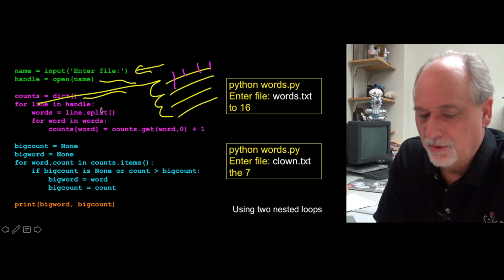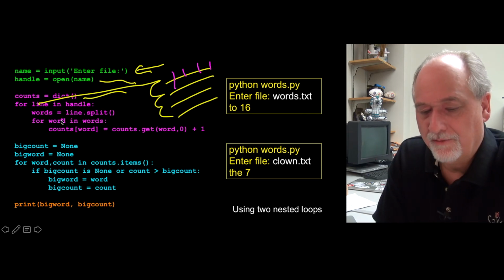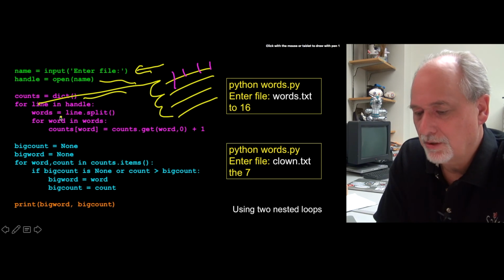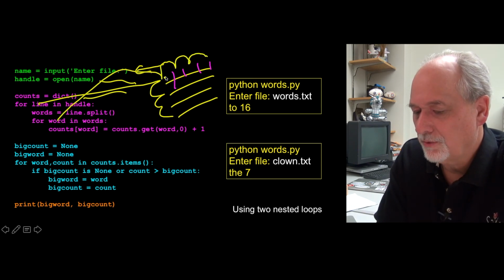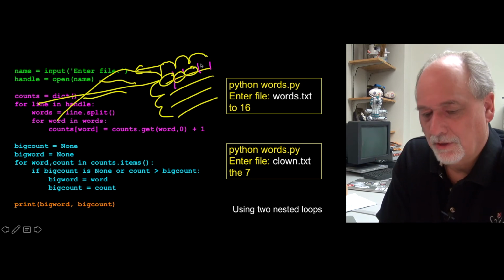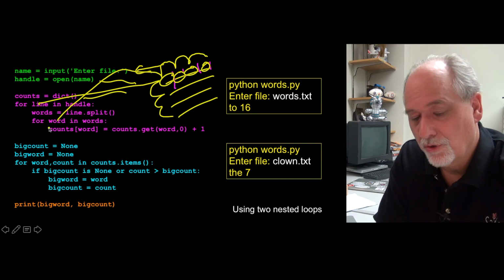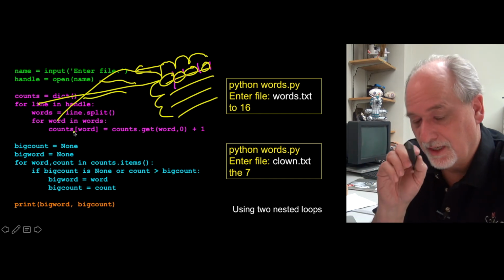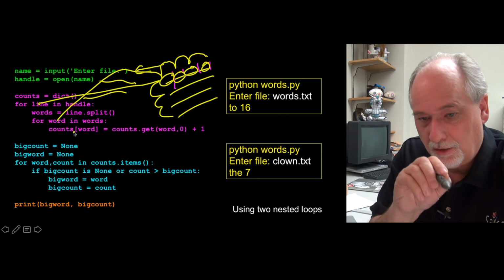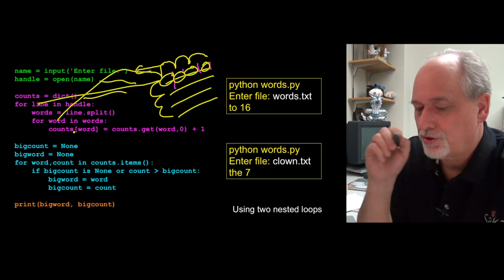And then what we're going to do is have the word iteration iterate through each word in the line. And we're going to take each word in the line and do this histogram. So this is going to run not just for every line, but for every word in every line. So we have a nested loop: for every line, we split it, and then we go across the line. It's almost like a typewriter where we go ding, ding, and that's what we're doing.